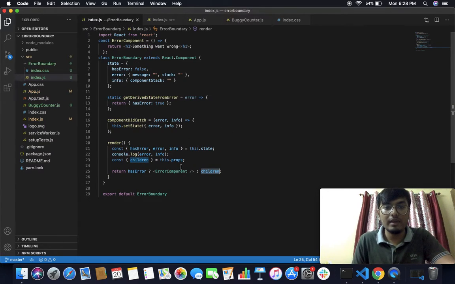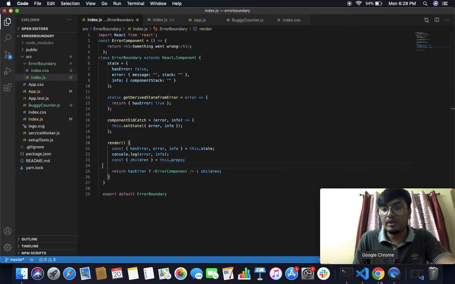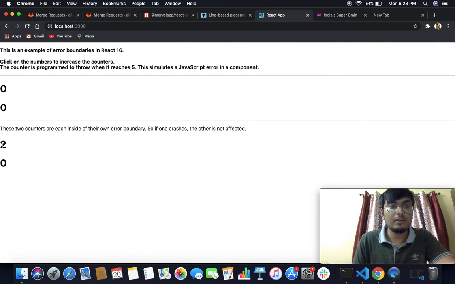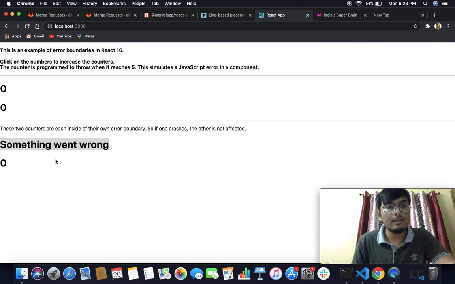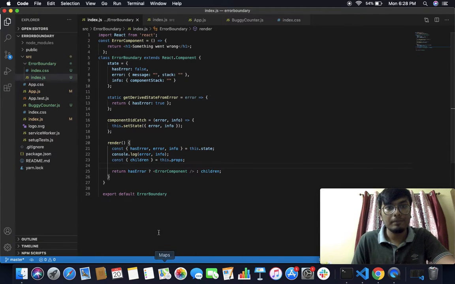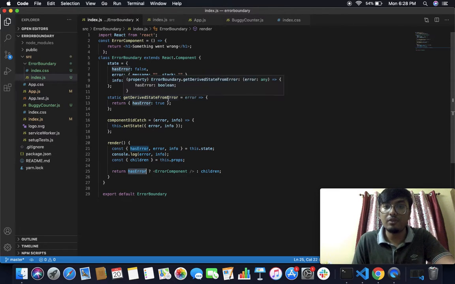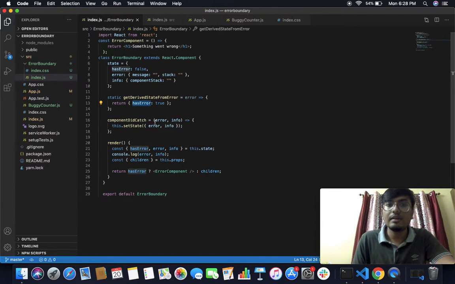And when I get back here, what do I do? How do I get my error? I do this, it goes to 5, something goes wrong, and "Something went wrong" is rendered in place of children. So basically what happens is componentDidCatch, the getDerivedStateFromError, this is what catches the error, and it sets hasError to true, and componentDidCatch puts the error and the various information that comes into the state.